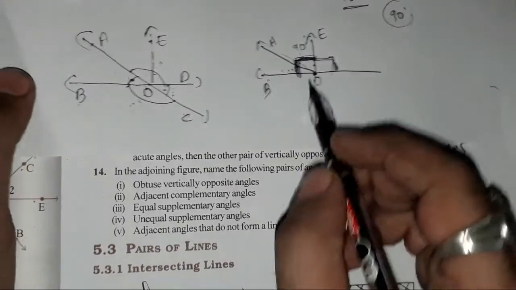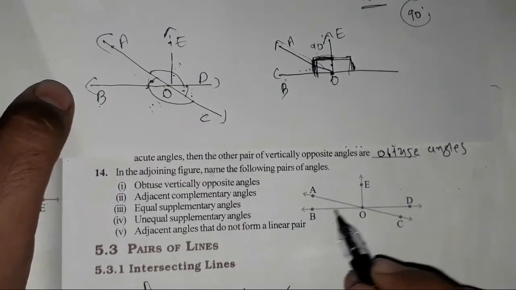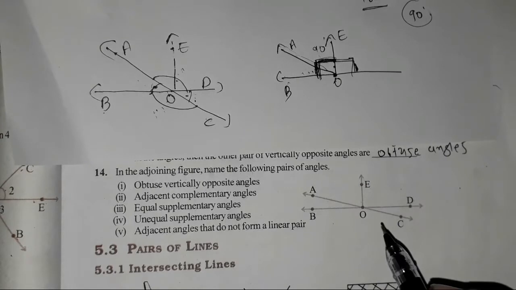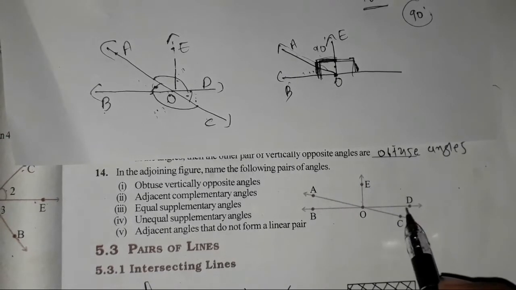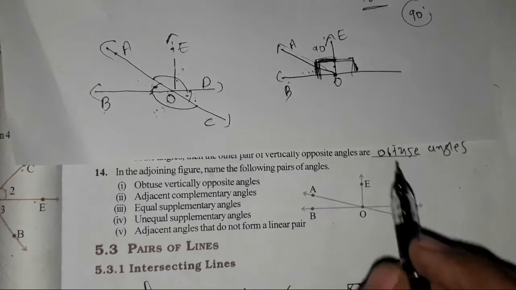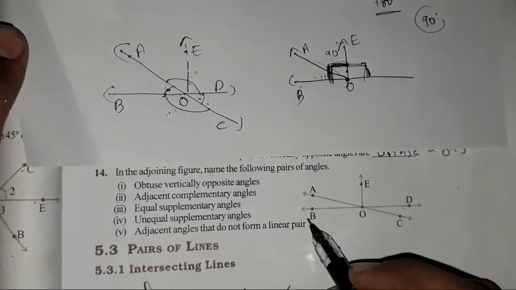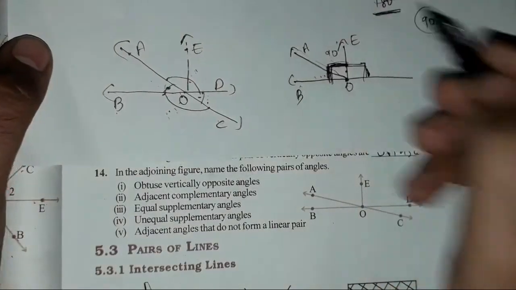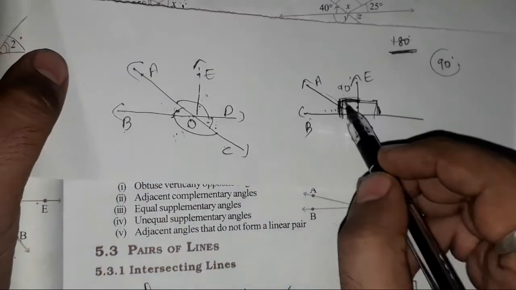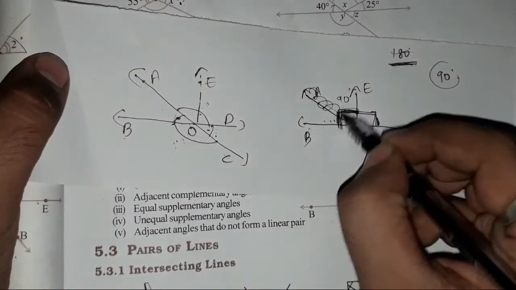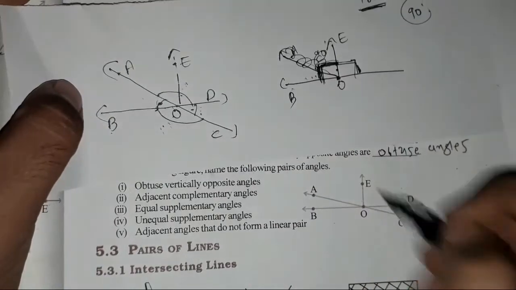Now here you may see, whenever a straight line is there, how can we understand that a 180 angle is there? Whenever a straight line or a linear pair is there, the sum of all angles in that is 180 degrees. So here the sum of all angles will be equal to 180 degrees. Now here, as we did in the previous case, you can understand the straight line is there.